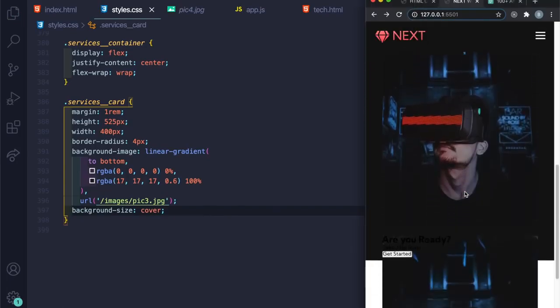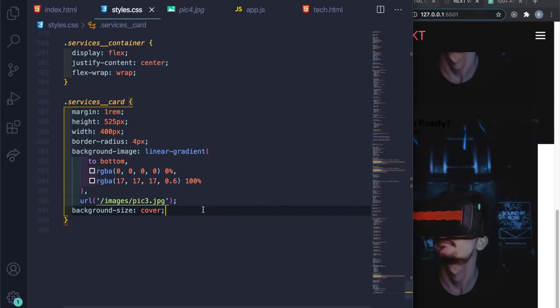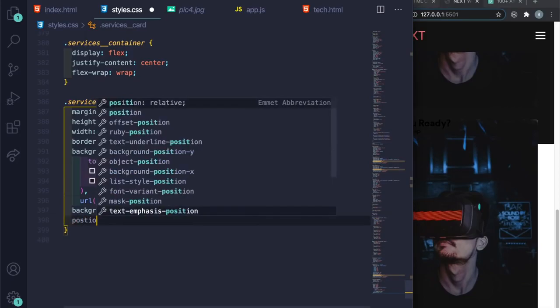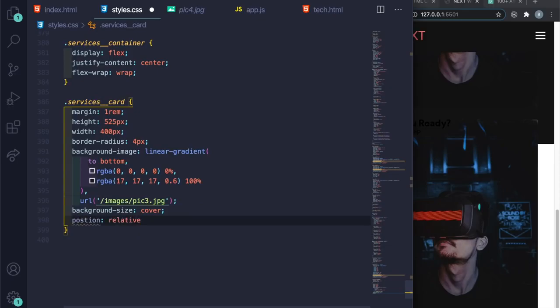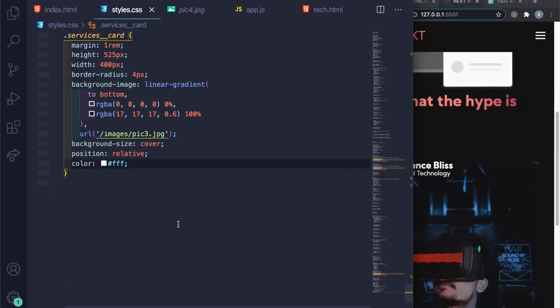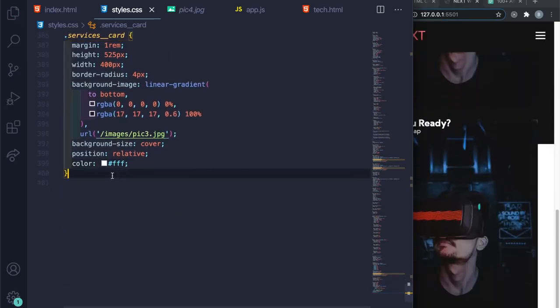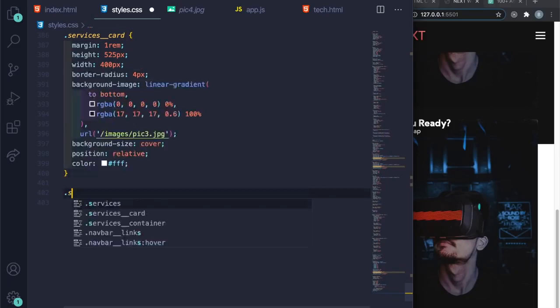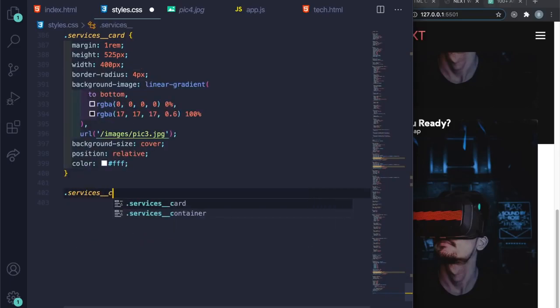So now you can see we got our images nice and snug, and you're wondering why they're both the same. That's because we haven't added the other one yet. So let me just say position: relative here, because I want to make sure I can position the text where I want it, and then color: #FFF. So this is the first services card here, and now I'm going to say .services__card: